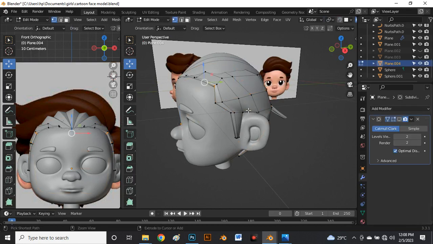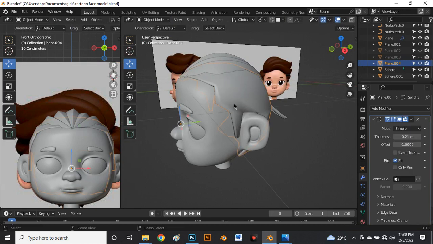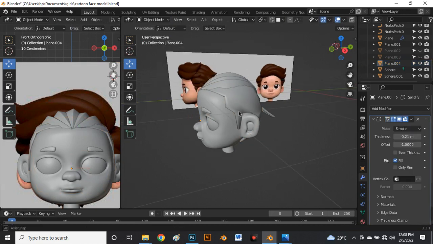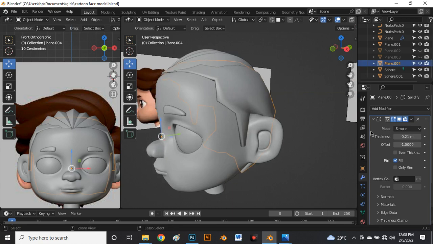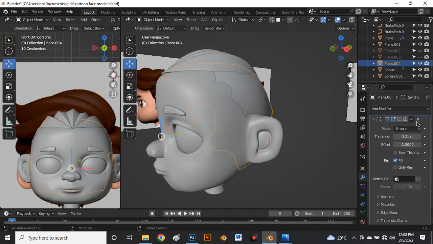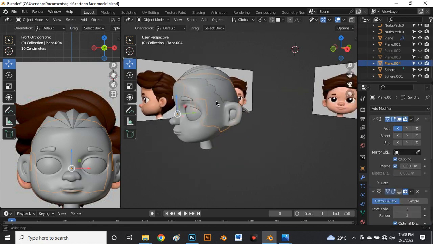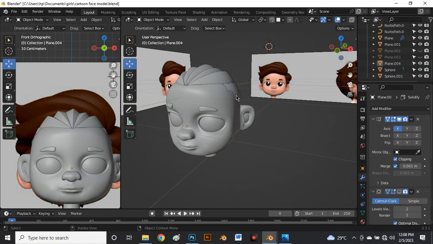So I will do Ctrl Z back. Ctrl Z back, and Ctrl Z and Ctrl Z back here to this point where I still have